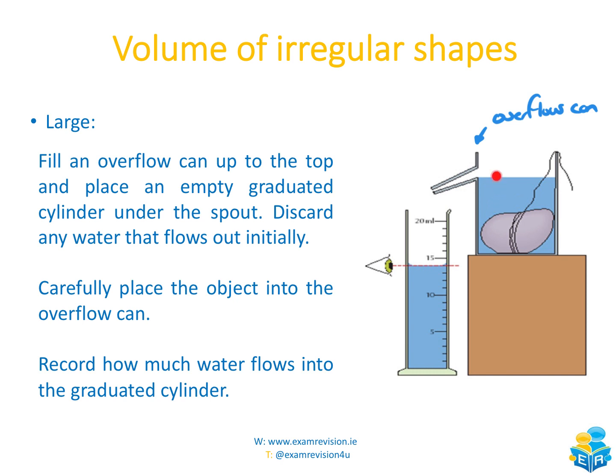The water level is going to rise. Excess water is going to go out through the spout and go into the graduated cylinder or the beaker, which you have over here. You will then be able to see where the water level rose to, and then by looking at the meniscus,